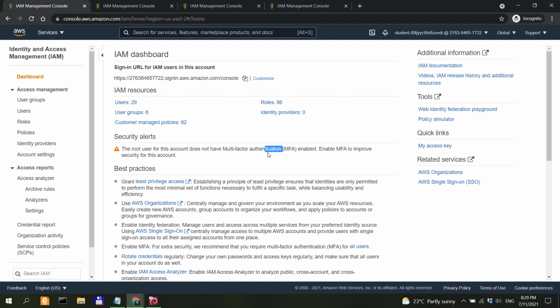And I was telling you about my experience with the company back in the days. The root user for this account does not have MFA. As a matter of fact, that user account had MFA, and still, I believe MFA, multi-factor authentication, can still be bypassed. But anyways,